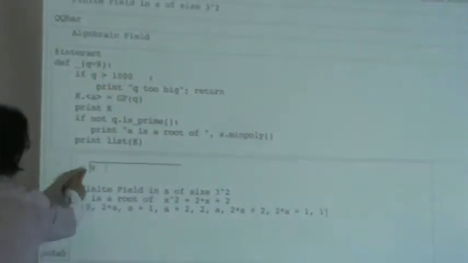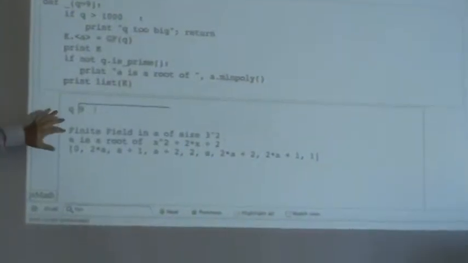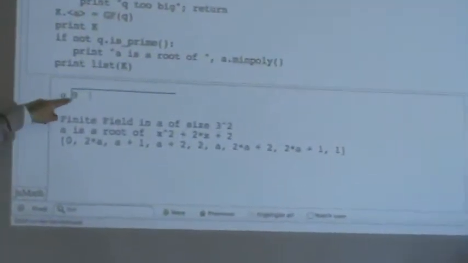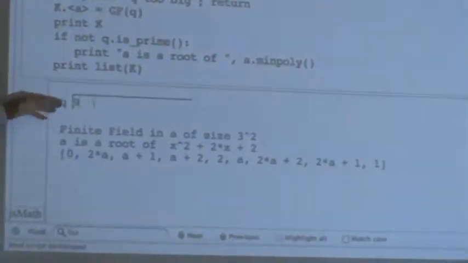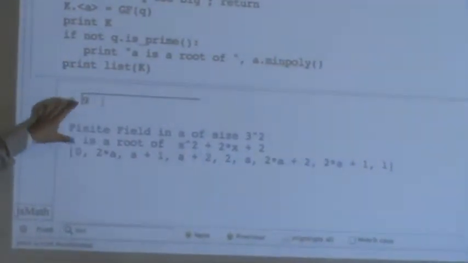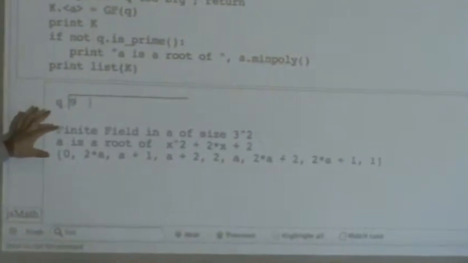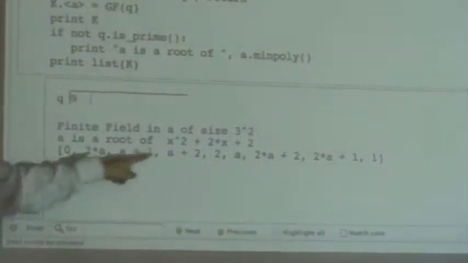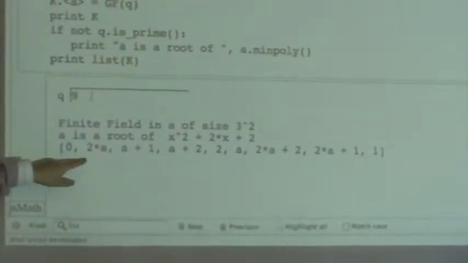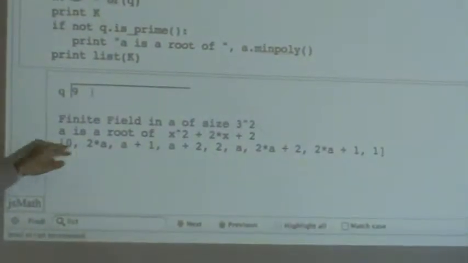Here's an example of using the interact command. What you give is, you type in a number right here, and what it will do is construct a finite field. The number has to be a prime power. That's a theorem. If it isn't a prime power, you don't get anything. But what you do is you type in a number and it will construct the unique up to isomorphism finite field with that order. And then it will list all of the elements, which is kind of boring because it would be easy to do that anyways.